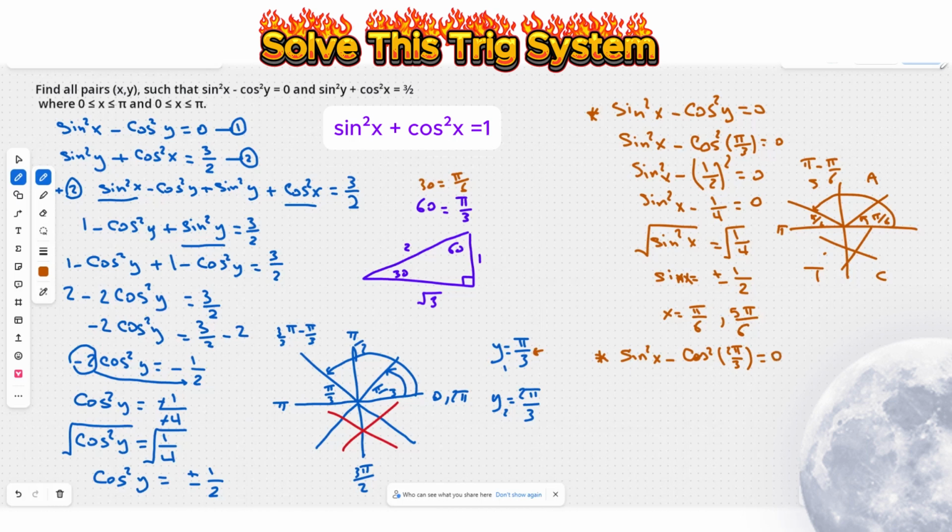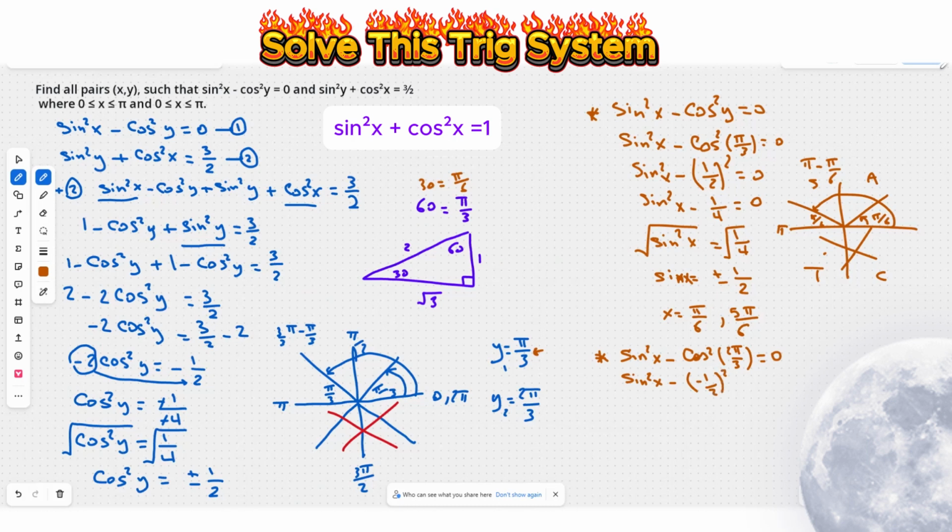Well, 2 pi over 3 is in the second quadrant, and the cos there is going to be negative. The reference angle is pi over 3, which is the 60, so the cos is going to be 1/2 again. Even though it's negative, we'll write the negative sign there: minus negative 1/2